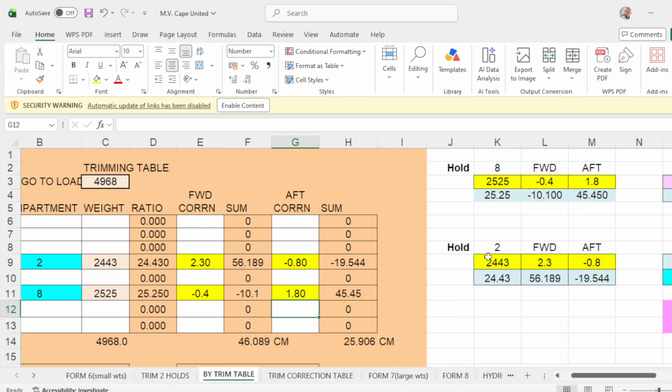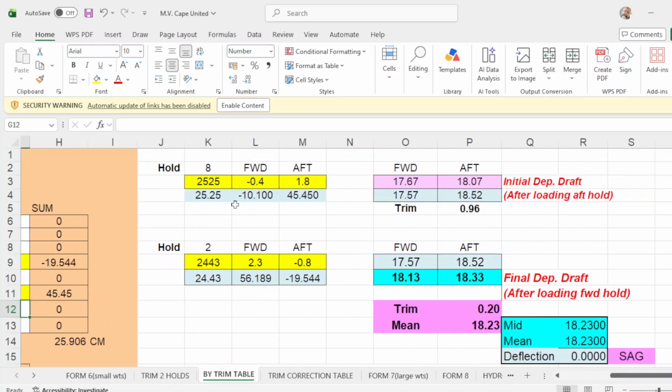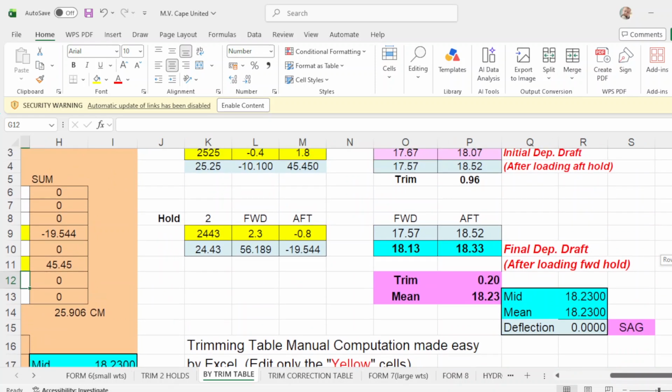And hold number 2 is 2443, forward is 2.3, and up is negative 0.8. After completion of loading these 2 holds, your departure drop will be forward 18.13, up is 18.33, trim is 0.20, and your main drop is 18.23. Then you have exactly here the same